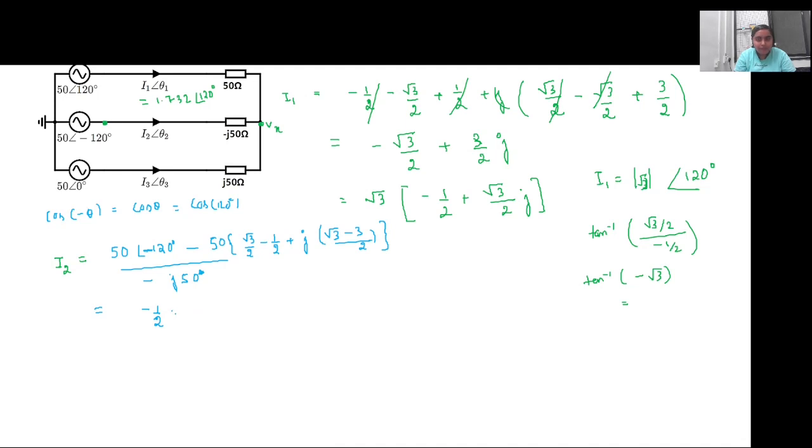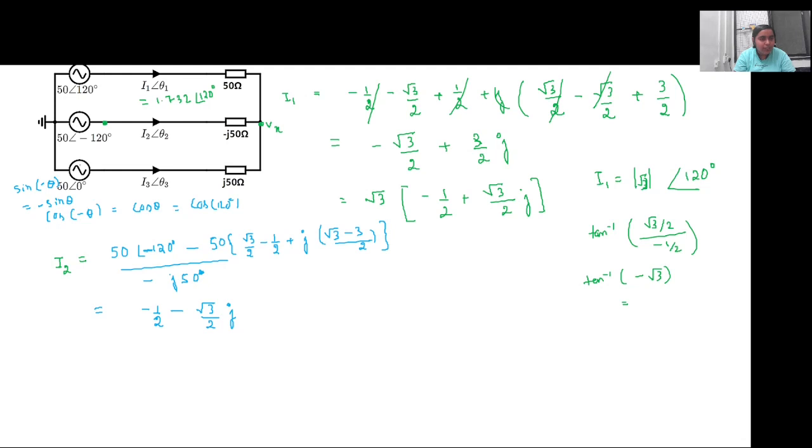Root 3 by 2 only. It's minus root 3 by 2. So make sure you take care of the signs, okay? In this kind of problem, it is very prone to making mistakes. Just do it step by step: sine of minus theta is equal to minus sine theta, and here